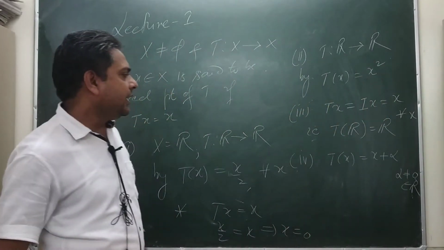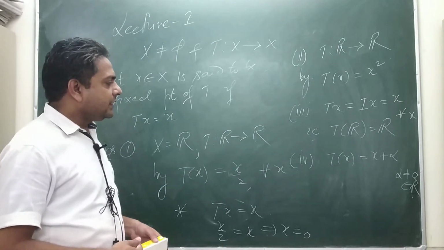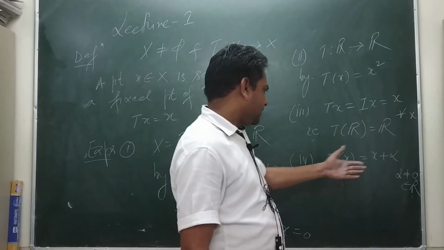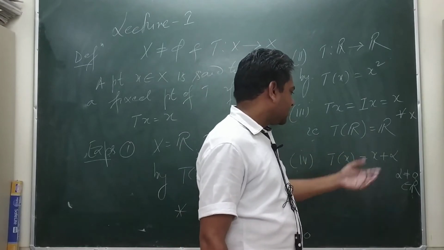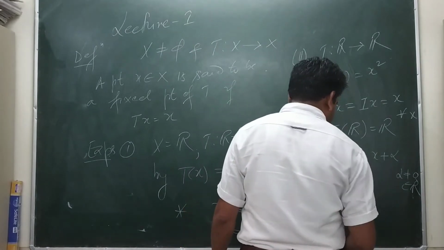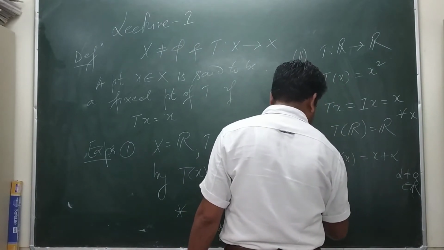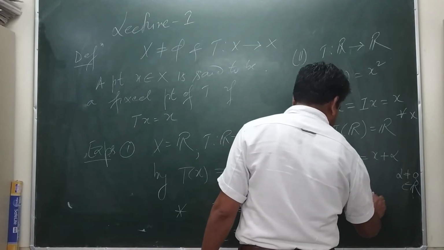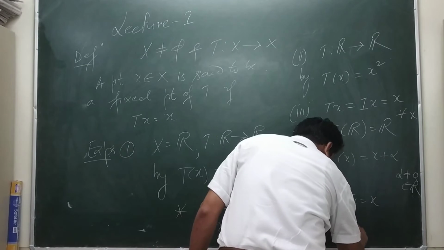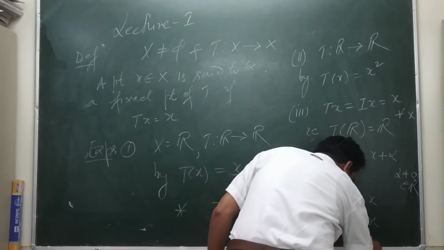So now here we can easily check that there is no fixed point of this map, and of course there is a well-known transformation, or you can say mapping, that is called translation map. So if we want to calculate the fixed point, then of course we can start from here. Tx equals x. So what is my Tx? x plus alpha equals x. So this implies that alpha is 0, and which is a